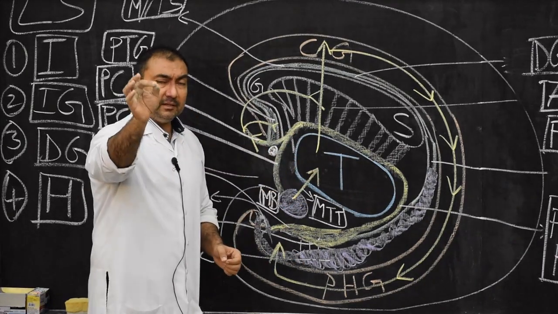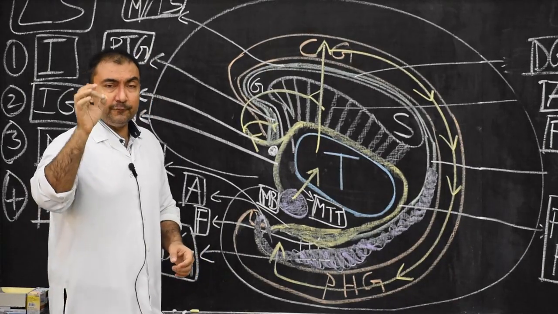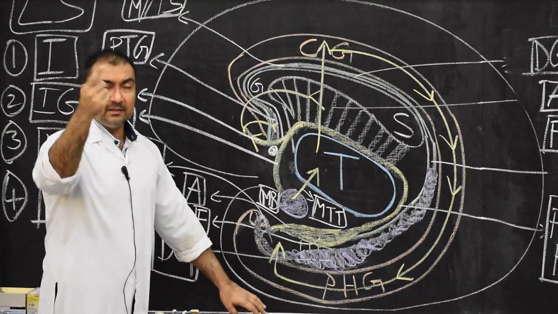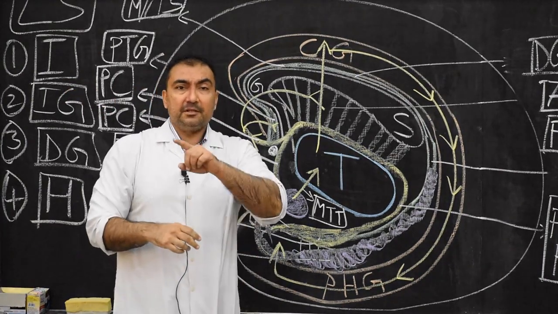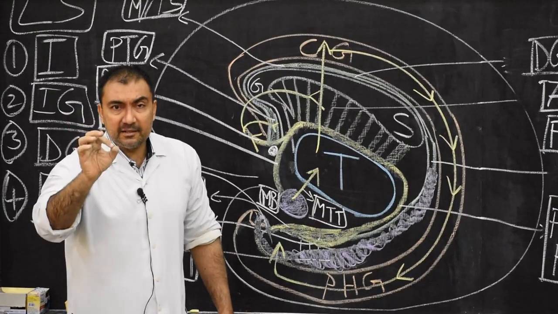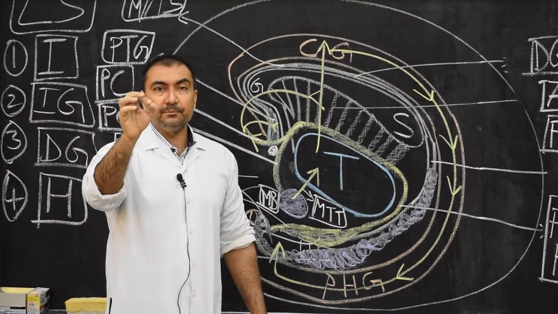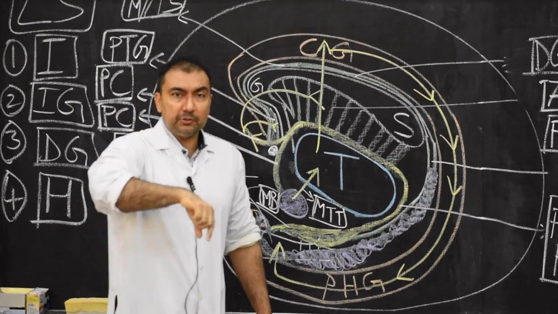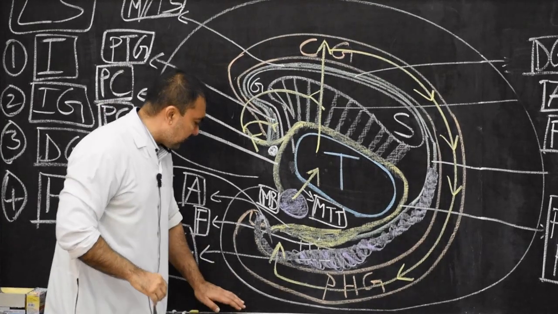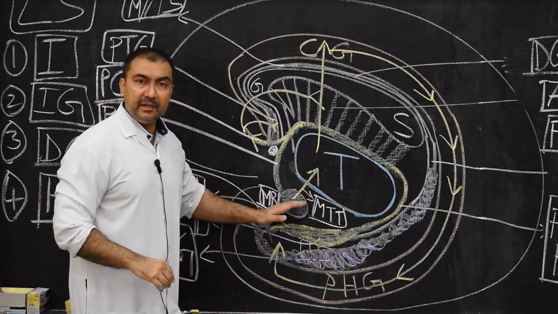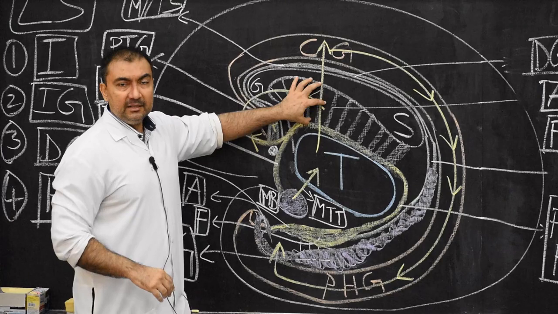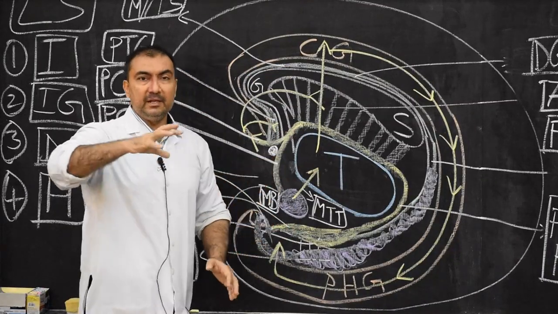And one more, the last important component where it will be connected, if you can recollect, the midbrain. Midbrain tegmental nuclei, which we had drawn in limbic system part 2, where we had shown the connection of the midbrain through the hypothalamus to the septal region. And that connection in the septal region was known as the medial forebrain bundle. So the medial forebrain bundle will also serve as an important connection in the hippocampal system. Through the medial forebrain bundle, the tegmental nuclei of the midbrain will be connected to the hypothalamic nuclei. Through the hypothalamic nuclei, it will be connected to the cingulate gyrus and septal area. So in short, all the components of the limbic system will have these connections.